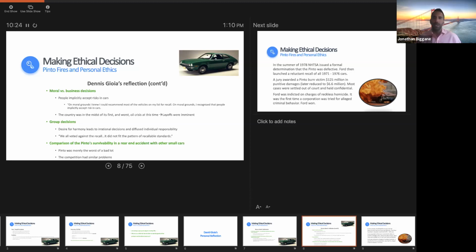In either situation, sometimes you're put in a situation where no matter what decision you make, people are going to be hurt by it. And that's exactly where he was. And he also had, as we talked about with groupthink, this desire for harmony that leads to irrational decision-making, where you're so concerned about the cohesiveness of the group that oftentimes you silence your own voice because you don't want to cause any issues. Just like we saw in the Stanford Prison Experiment.